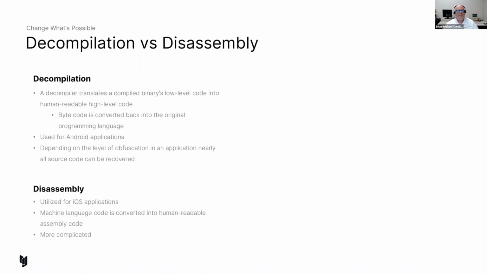Then we can move into decompilation versus disassembly. And this is a big discussion area. What is the real difference between decompiling something versus disassembling something? And on the Android side, it's